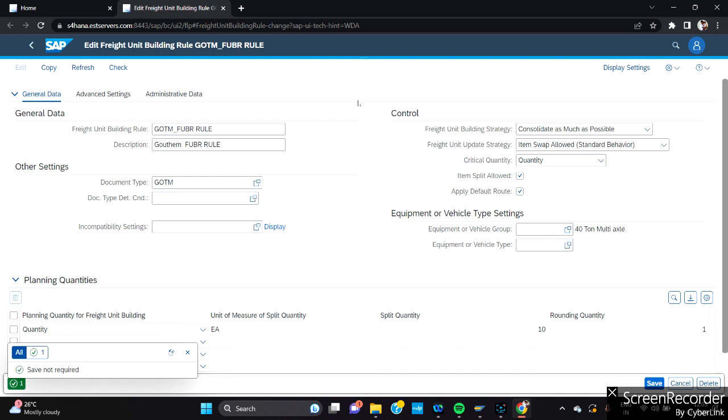And this is the freight unit building rule. The foremost thing is, what is your freight unit building strategy? From the SAP point of view, when you create a sales order, there might be 10 different line items. Should they be clubbed into one item, or should it be created item-wise? According to your business and the nature of the product, you need to plan your FUBR,